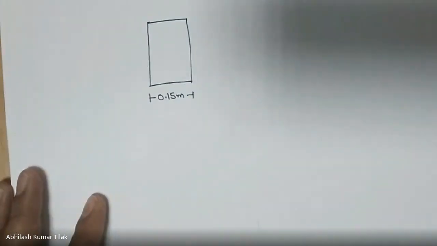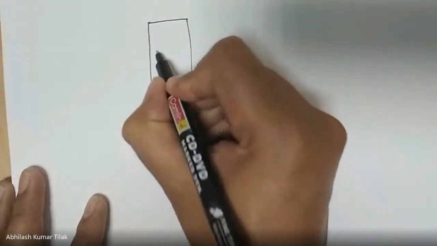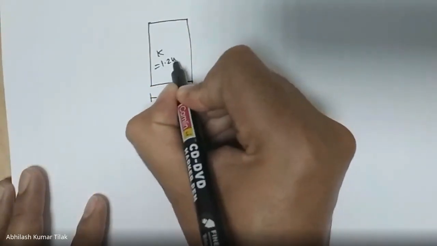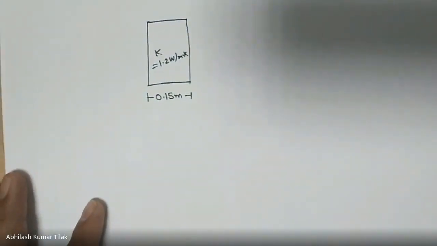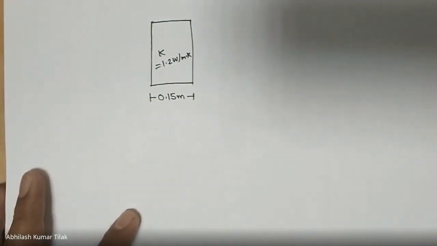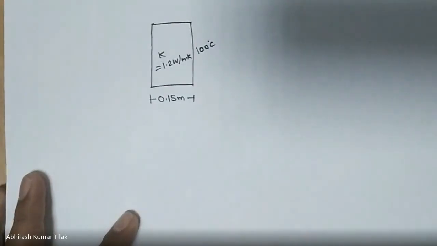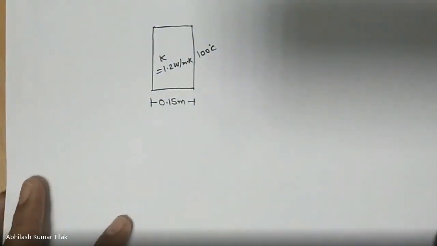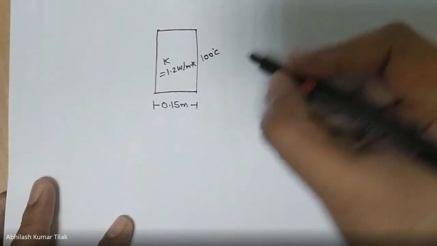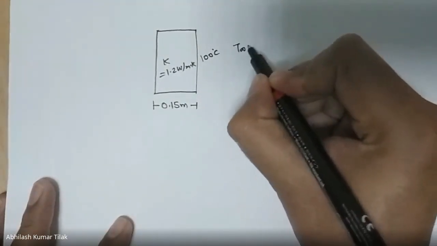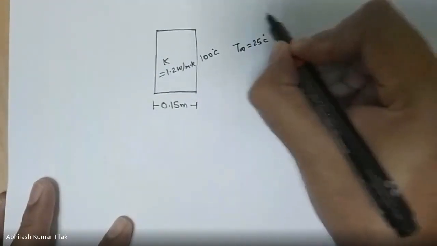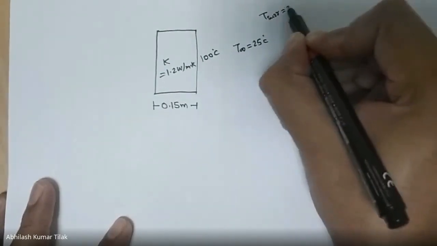And in the question, it is given that its thermal conductivity is 1.2 watt per meter Kelvin. And it is given that the outer surface temperature is 100 degrees centigrade. So we have this as 100 degree centigrade, and T infinity is 25 degrees centigrade. Also the T surrounding is 25 degrees centigrade,